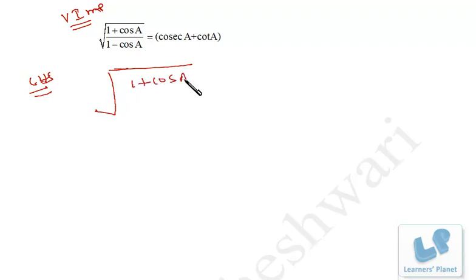Further, this is an important question. I just write it over here. This pattern is particularly important when expressions are given under square root, right? And there are simple methods to solve this problem, right? So I start with the left hand side, right? So it's 1 plus cos A and 1 minus cos A.